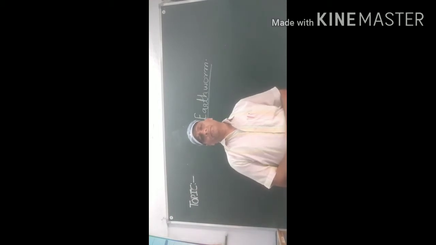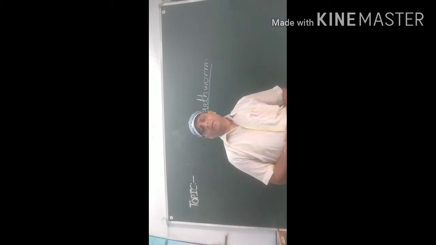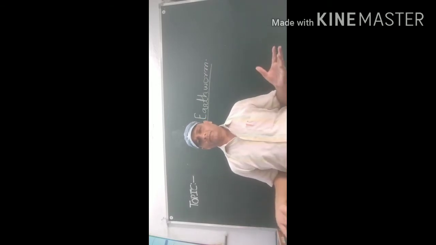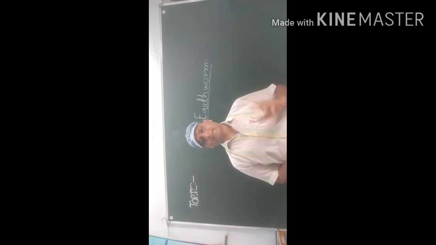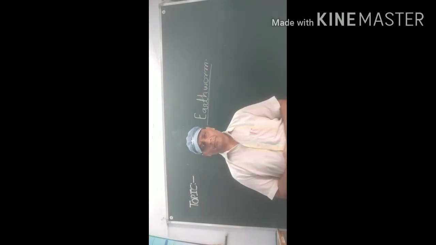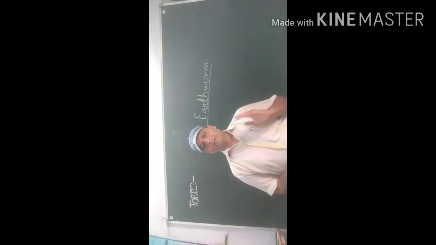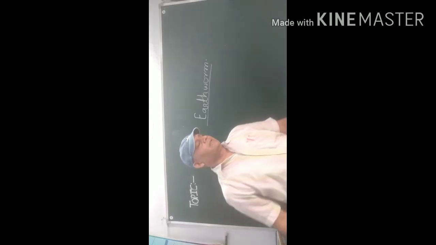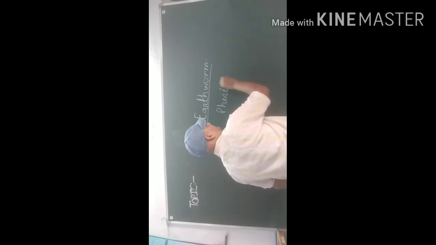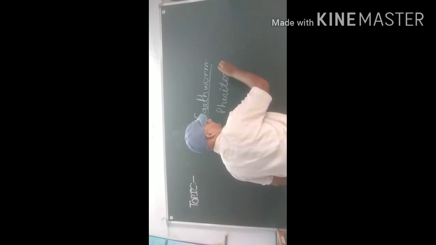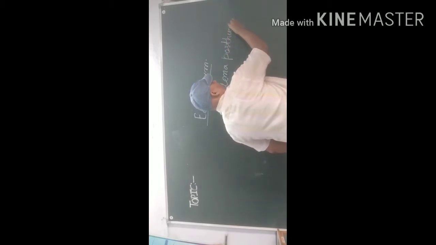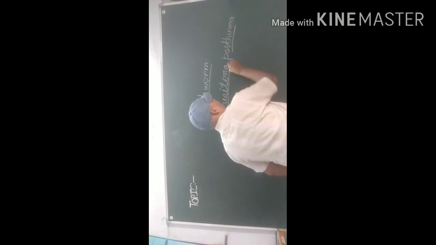The earthworm is very familiar to all of us. It is generally found in the soil around us. In the rainy season, it is very easily observed. The scientific name of the earthworm is Pheretima posthuma.